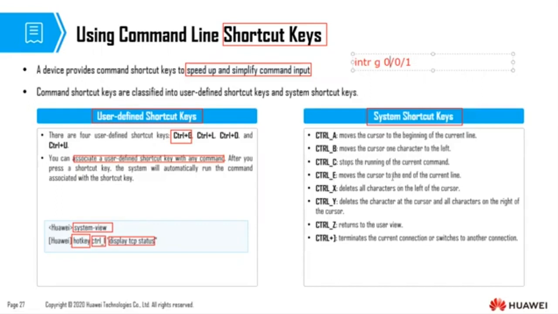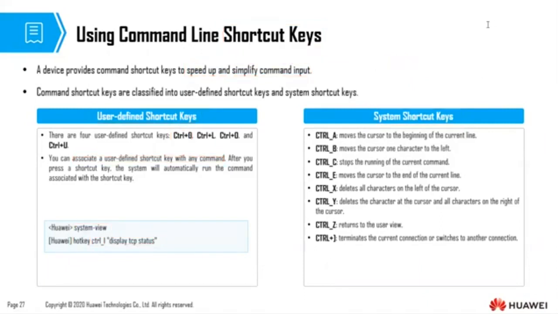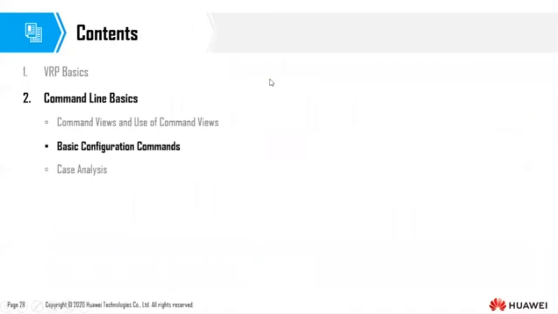Then Control E moves the cursor to the end of the current line, so the opposite of Control A. E for end, so it gets to the end, A gets to the beginning. Okay, so you'll have a look at the others in your own time. And of course, in the exam, expect